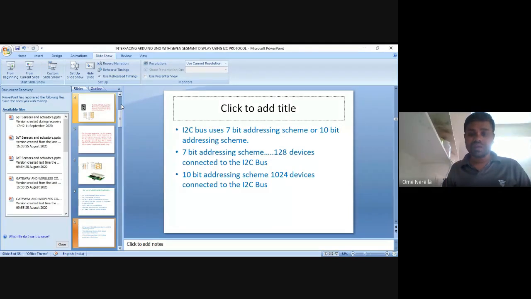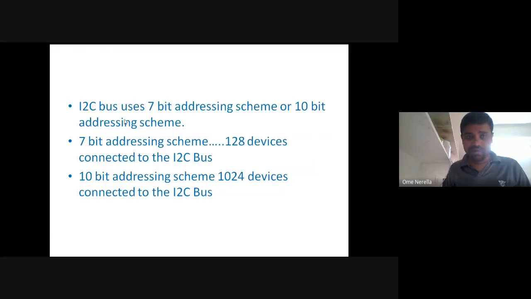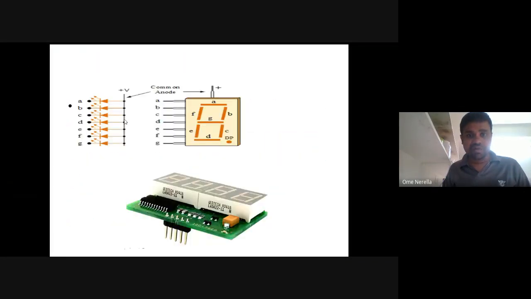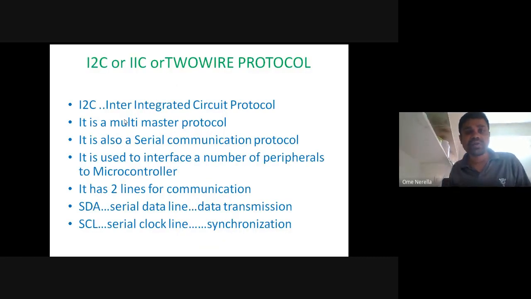We also have the 4-digit 7 segment display, which is nothing but individual 7 segment displays interconnected for the purpose of displaying 4 digits on it. That is our conclusion. I'm not bothering about the internals of the 7 segment display. Actually, our topic is Arduino Uno interfacing with an I2C based 7 segment display.